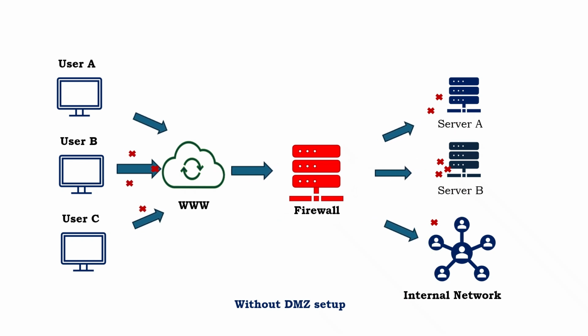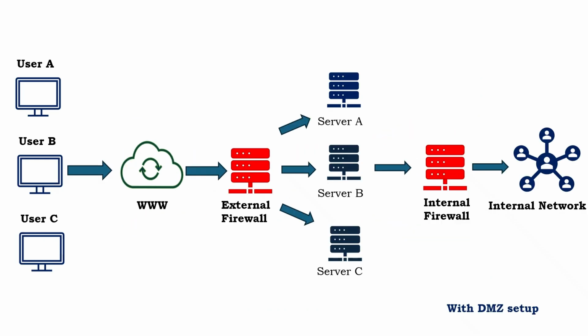Now let's look at another setup. In this setup, we have the same servers, but they are now positioned on a different segment from the one where your enterprise end users' devices are. So when these users try to visit these web servers and attempt lateral movement or some kind of exploitation, bypassing certain protocols to move to where the enterprise users are,